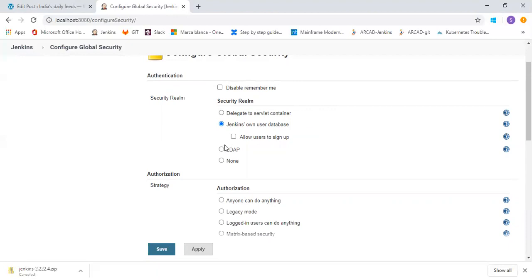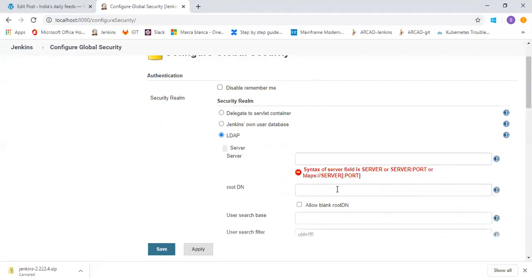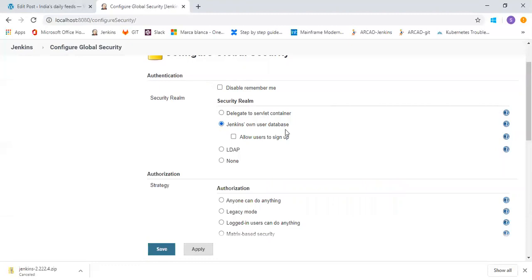At the organization level, if you have an LDAP directory to connect to all the members of your organization, you can give the LDAP server that you need to place here, and you have to give all this information for the LDAP. But for me, Jenkins is using its own database for now.